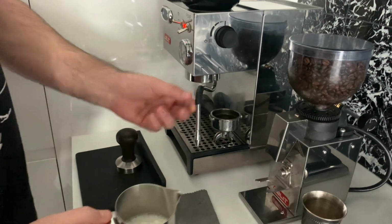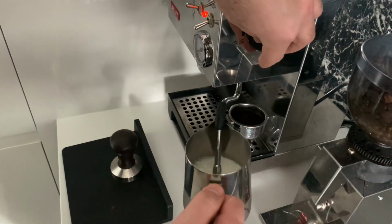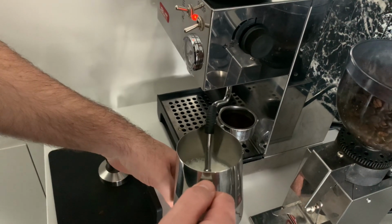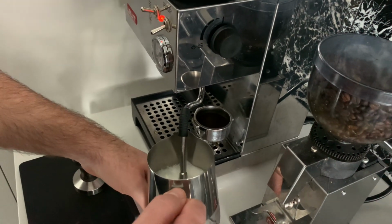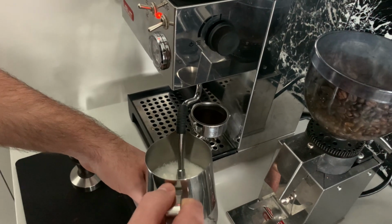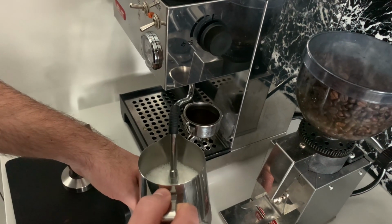Now I bring it out all the way. I put in the milk, and I just put the tip in. So then you open this, the steam's coming out. And you can watch videos on YouTube on how to steam milk, because it's not that complicated. You don't submerge it deep, you just keep it on the top of the milk, and